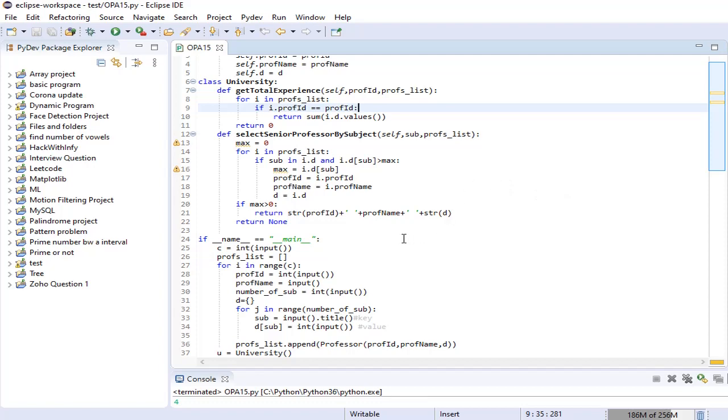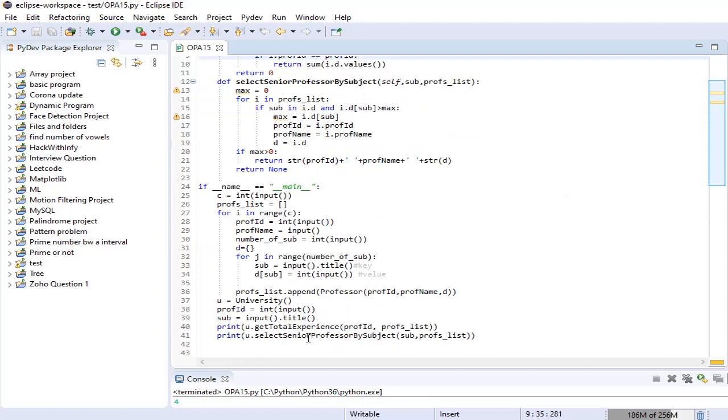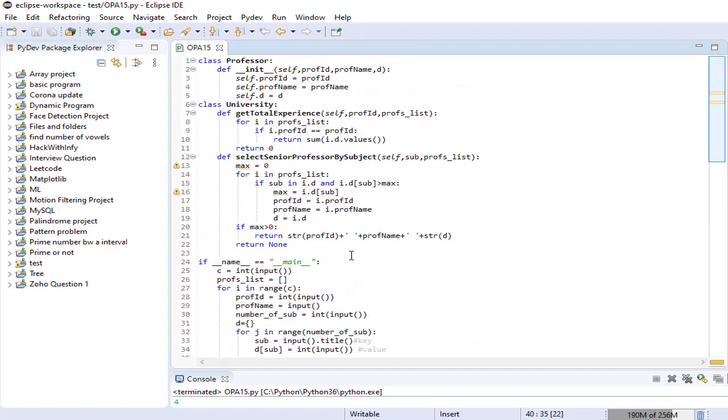As soon as we call the method get total experience, the method within the class university will be accessed and the for loop will start to work. Here we use the for loop to iterate through the objects within the list professor list, and we use the dot operator to access each and every attribute within the objects.